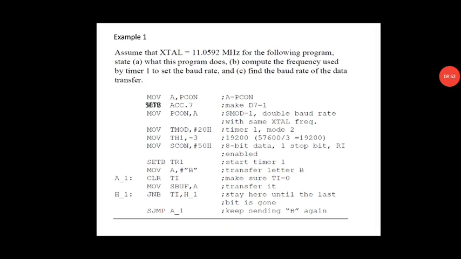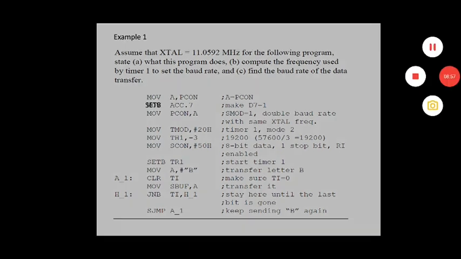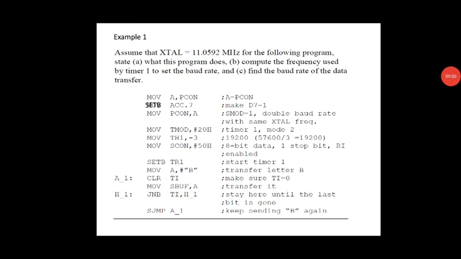Okay, now start the timer by using the instruction SETB TR1. Now A will be loaded with the character B, its ASCII value will be stored. Now CLR TI, this is an instruction in which we are transmitting. CLR TI means initially we need to make sure TI is clear. If it is set to high, it will be cleared here. Now the content of the accumulator will be copied into SBUF, which means during transmission we have to store the data into the SBUF register. Now the SBUF is loaded with the character value B.